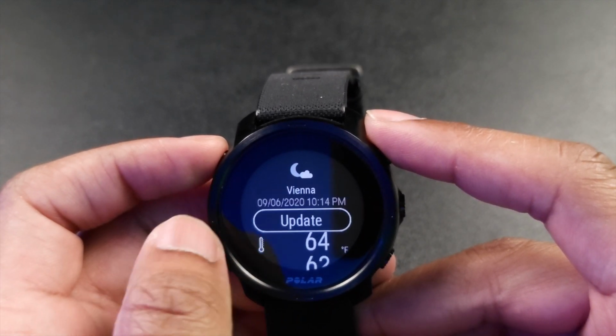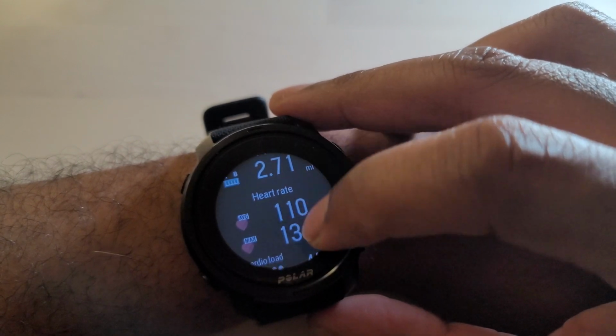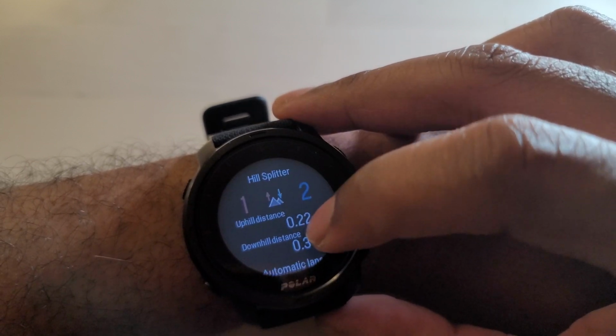Now, this next good feature is something that I think every fitness watch should have, and many of them don't, and that is a walking activity mode. But Polar actually has it on there. The Grit X actually has a walking activity mode, and I really appreciate the fact that Polar respects walking and walkers. So not all of us are runners, not all of us are extreme athletes doing snowboarding or something else. Some of us are just really intense walkers, and that's what we do, and we want to be able to have a lot of the same metrics that other athletes get, but we want to have it with our walking